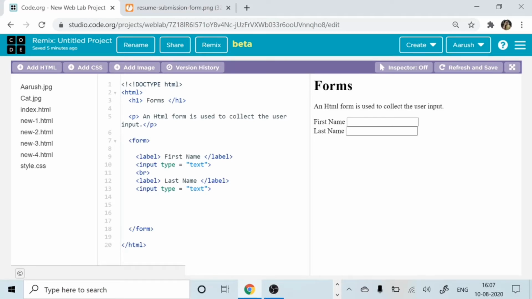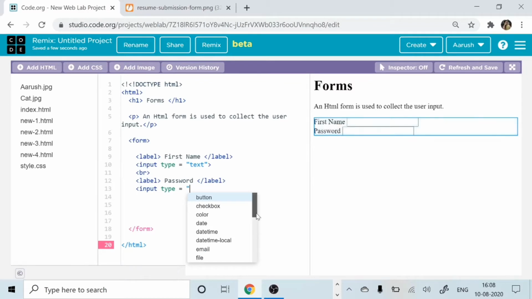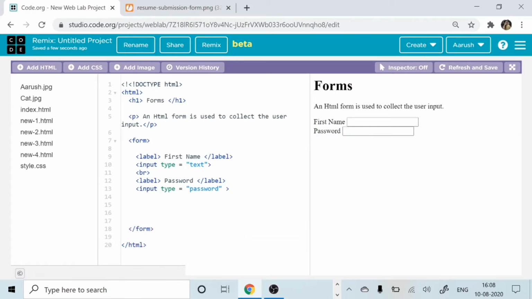Now, the next thing which we are going to discuss over here is regarding the password. See, whenever you are giving the label here, what you will do is write, say, password, correct? Plus here the type will also change. Why will the type change? Because in the password we need the hidden characters, and that is why we need to change it. I mean the type we need to keep as password. See, you'll put password and then we will close it. Okay, like this.